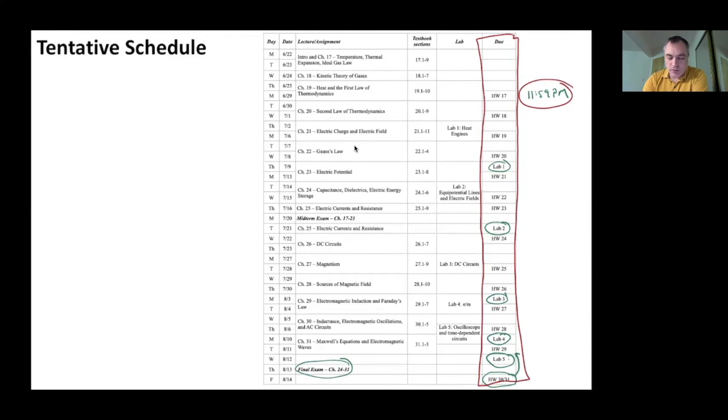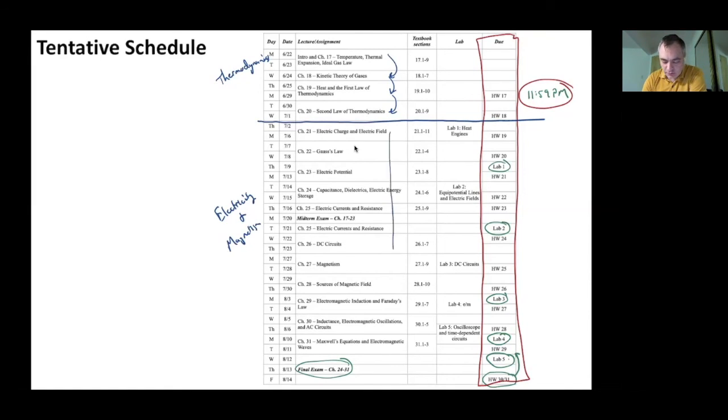Let me point out a little bit more in this schedule. Let's see, a different color. How about this one? The course breaks down into 2 distinct segments. So here at the start, we're doing thermodynamics. And you can think of this as sort of building on itself, like all of this ties together. It's one big topic that all fits together as one thing. And then for the rest of the course, we're doing electricity and magnetism. And all of these topics sort of build on themselves until we reach a conclusion in chapter 31.